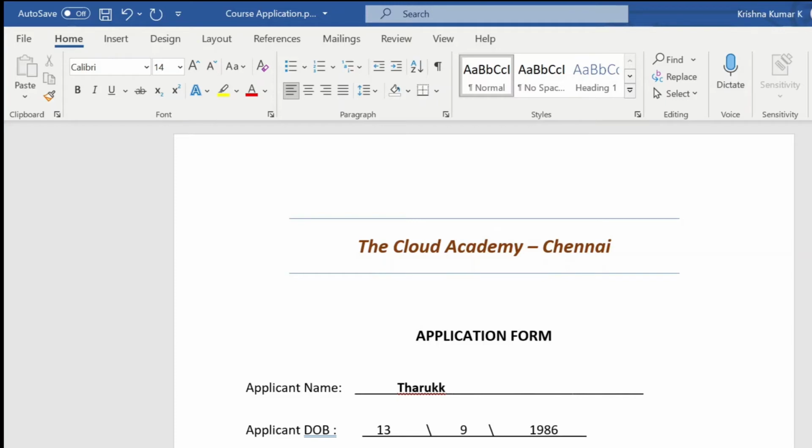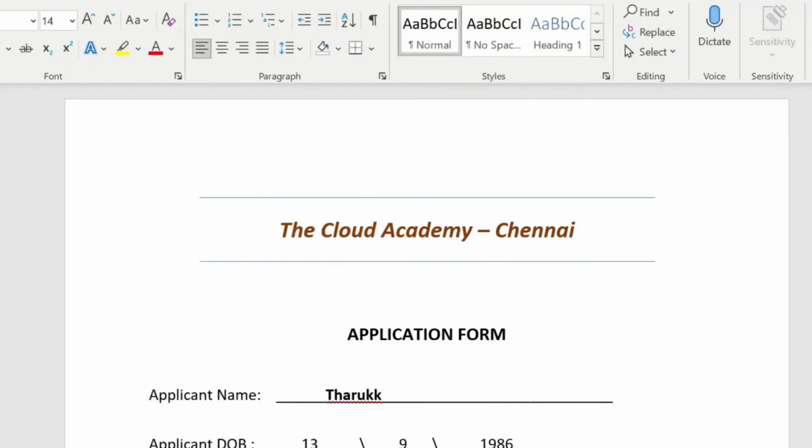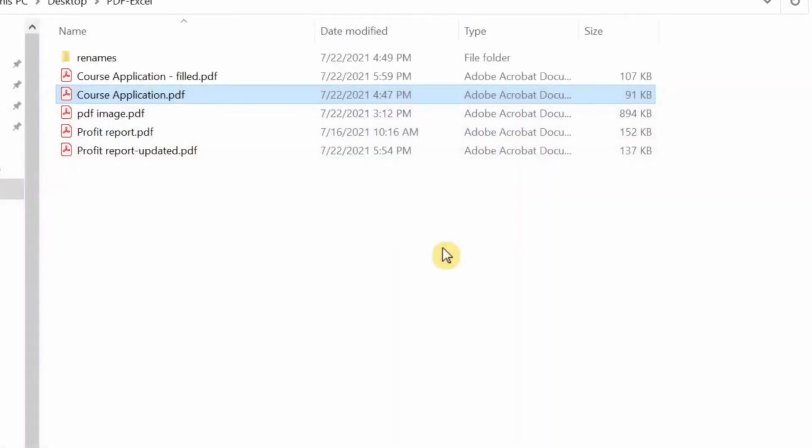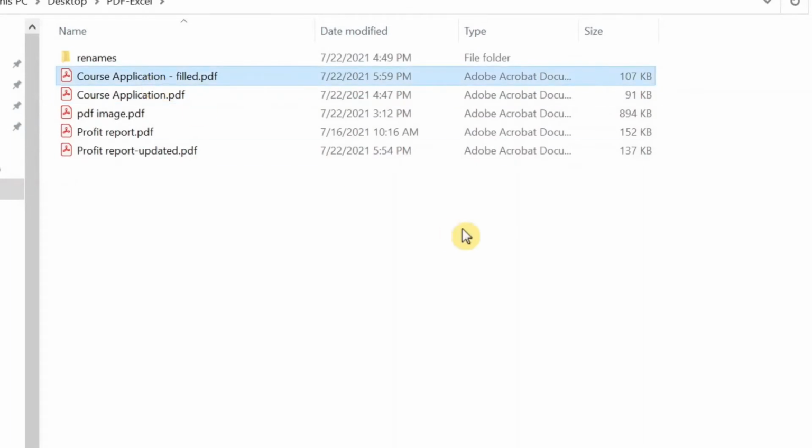But here what we are doing is just updating the application form within our system and sending the reply instantly. So it is saving more time for us. Okay, so the filled application form is ready.